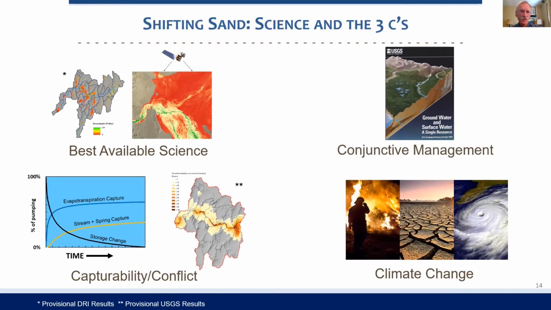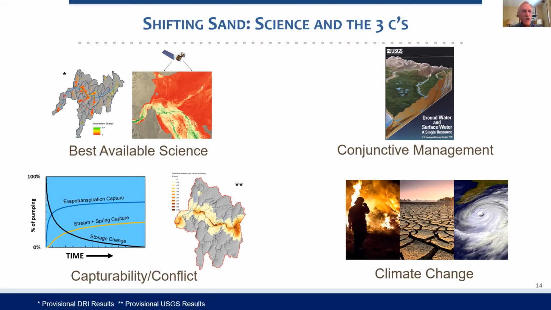current scientific tools. Certainly, satellite imagery and improved methods for making regional scale estimates of ET can greatly improve the quantification of discharge within any given basin. Also, numerical modeling can help to simulate and quantify how and how much ET and how much stream or spring capture occurs as a result of groundwater pumping, providing a tool to manage and help identify ways to avoid depletion of our groundwater reservoirs, while at the same time optimizing our use of the groundwater resource.